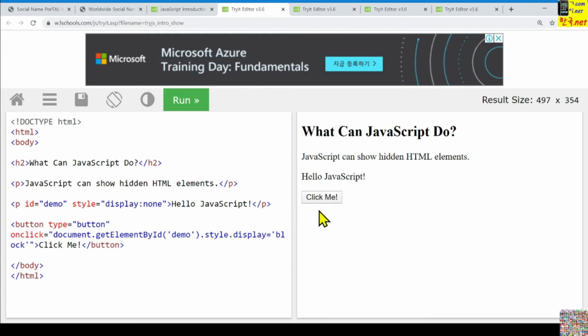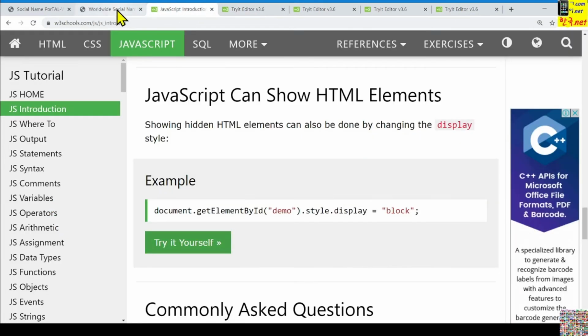Okay, block means appearance, to show. This one appeared. With this block value, we can show. This kind of effect can be implemented using JavaScript.